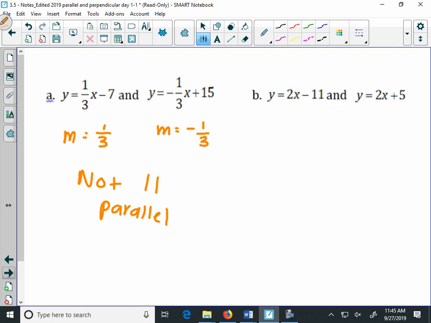How you could have figured this out using Desmos. Okay, if you forget, you're like, I know lines that are parallel are never going to intersect, but I forget the fact about their slope. What you can do, because I think just looking at the slope is a lot quicker, but what you can do using Desmos